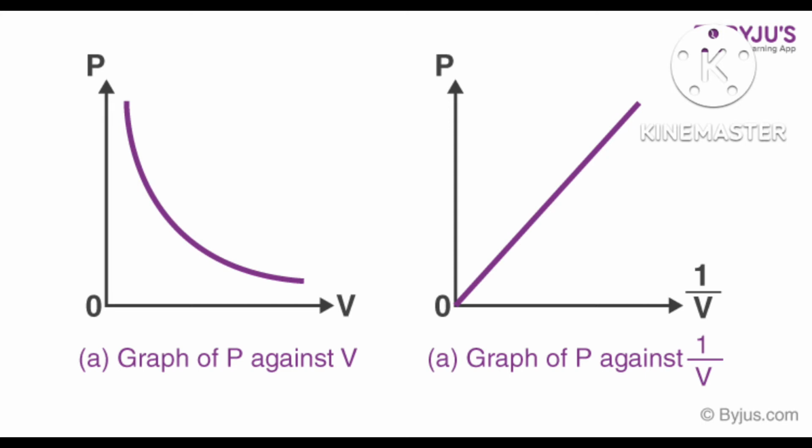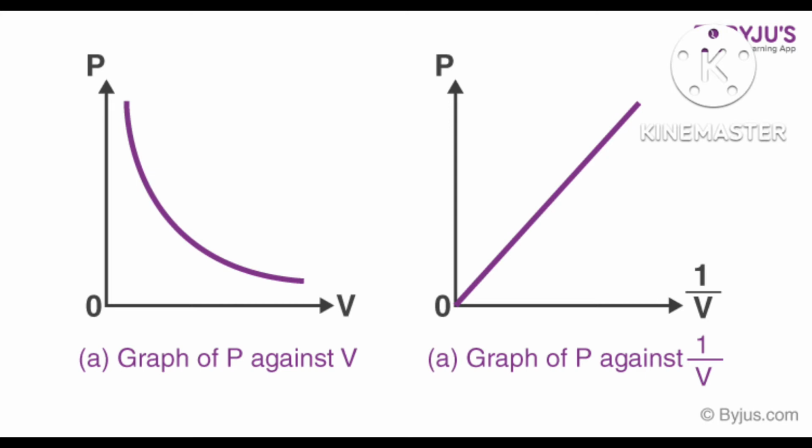The second experiment was done with another temperature T2 and the amount of gas was fixed. That time again you will find a straight line. Third time, suppose the temperature was T3, I have repeated the experiment at a fixed mass of gas, that time also you will get a straight line, and all the straight lines meet at one place. If you extend them, all will meet at the origin. Okay,